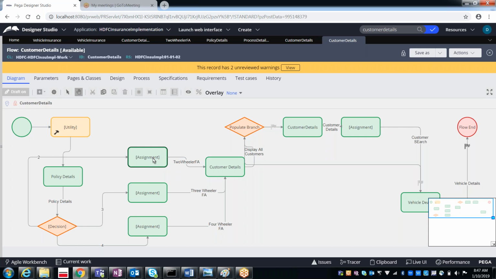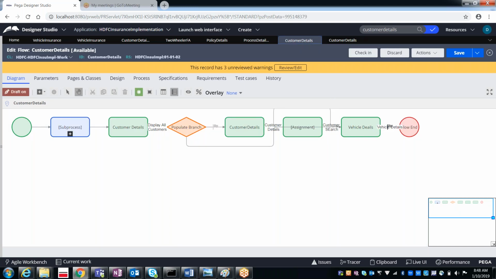Any rule, if you want to modify, first you have to check out. If you want to check out, what should it contain? It should not be locked. See, this rule has been locked. Once the rule is locked, can we do the changes? No. Here it is already checked out by me, so here I can do the changes. This I already checked out. So in case you see check-in,